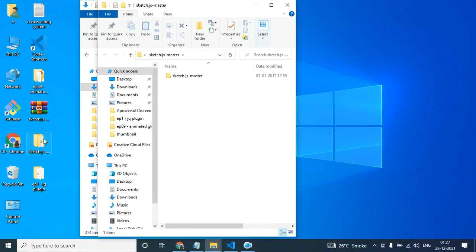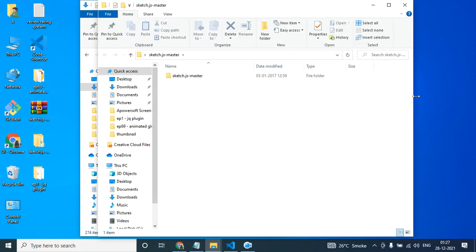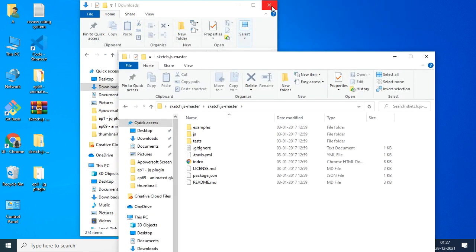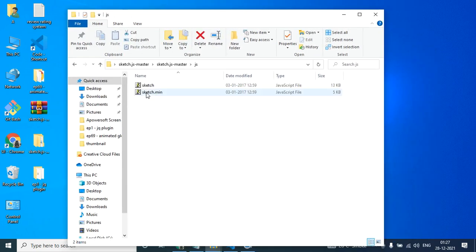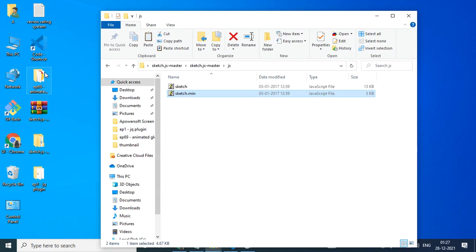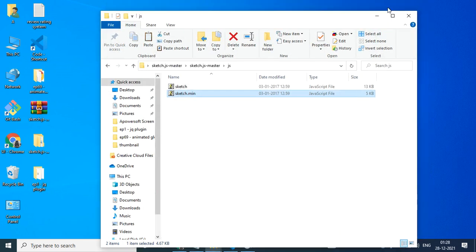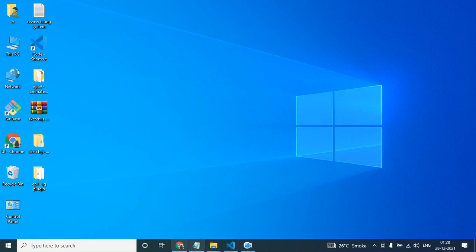We got a file. Inside that we have to fetch the JS file. It will be in the folder called JS. Just copy this and paste it into your desired HTML folder. So I have created a folder here, and I have pasted that sketch.min.js. Now with the help of sketch.js,